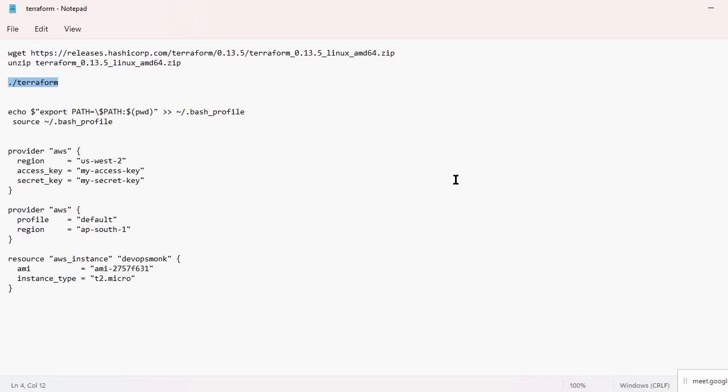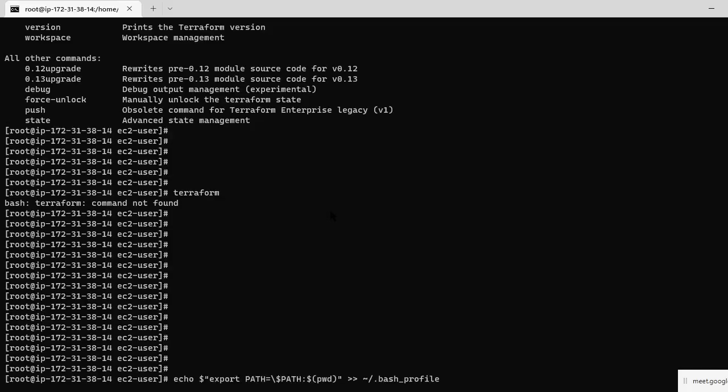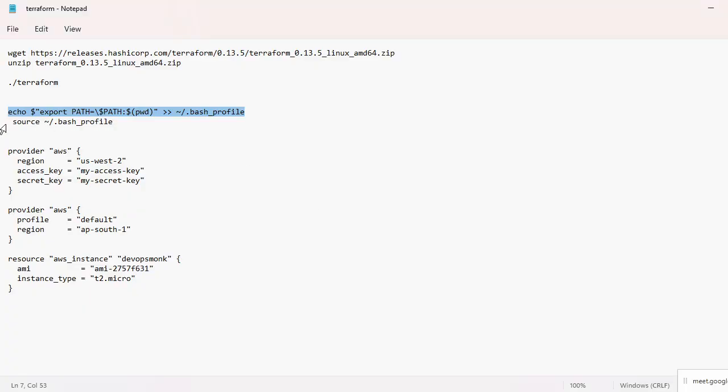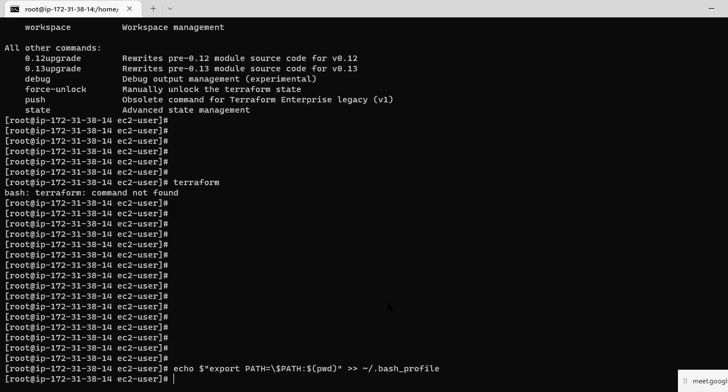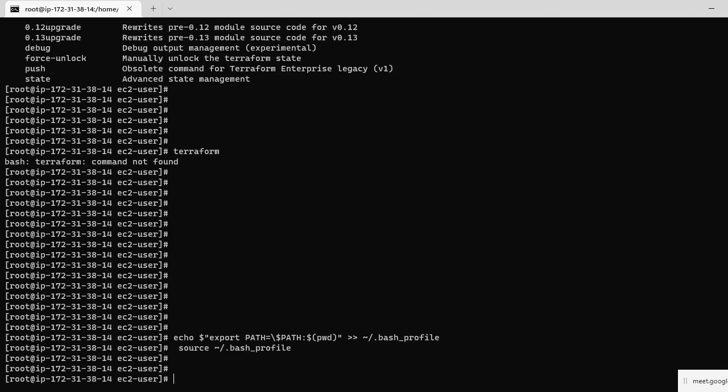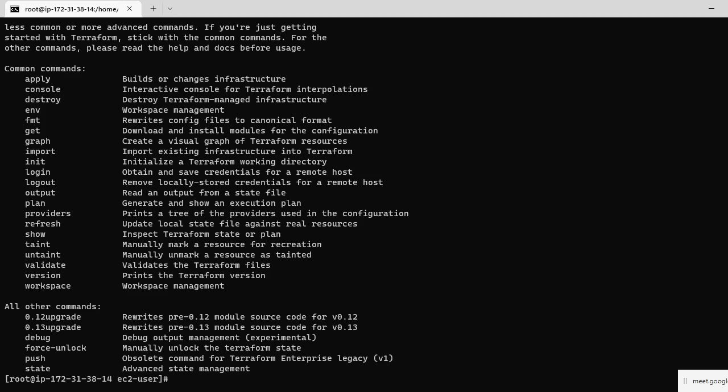I have to add the path to the profile. This is export PATH. Once this terraform file is created, we have to add this path to the present working directory in the bash profile. So I can just copy this and paste here, and then source the bash profile. Just execute. Now type terraform. Now it is executable.